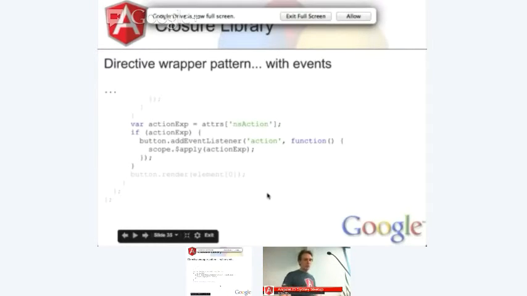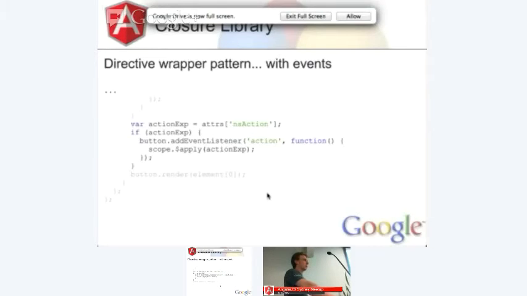The other thing that's cool is if you want to add event handlers that propagate through. The code I'm showing you now essentially says, if we create a button with a button directive in our DOM, and then we say ns-action equals some expression, so ns-action equals var equals var plus 1, then when the button is clicked, which is what the action event does, it'll trigger that event.